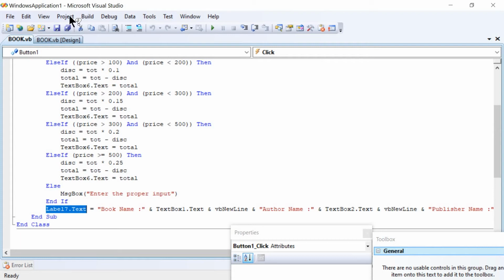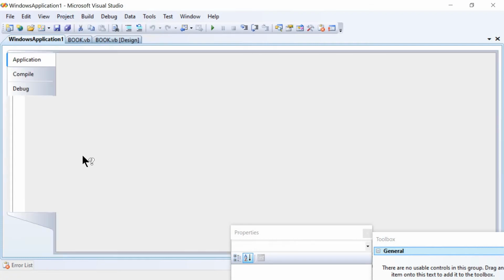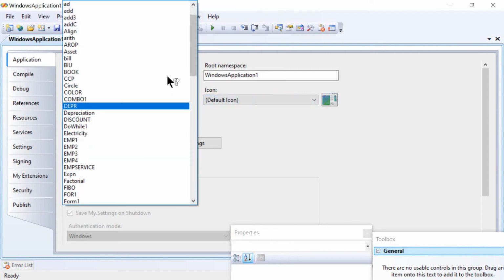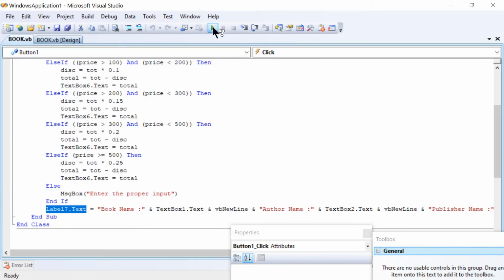Right, now we shall load this one. Project, window application properties. Right now this is for book. Later close this one. Start debugging for execution.